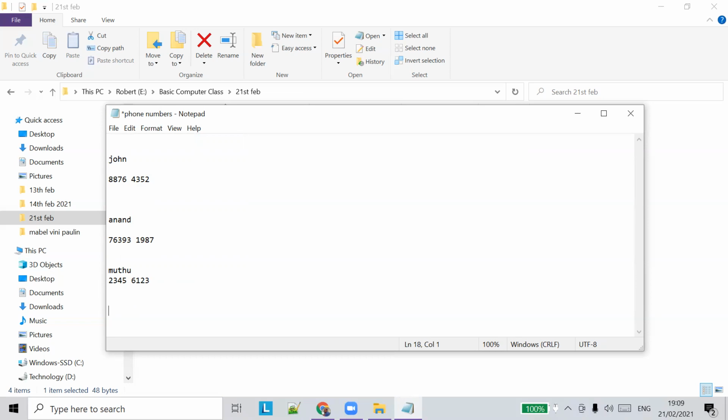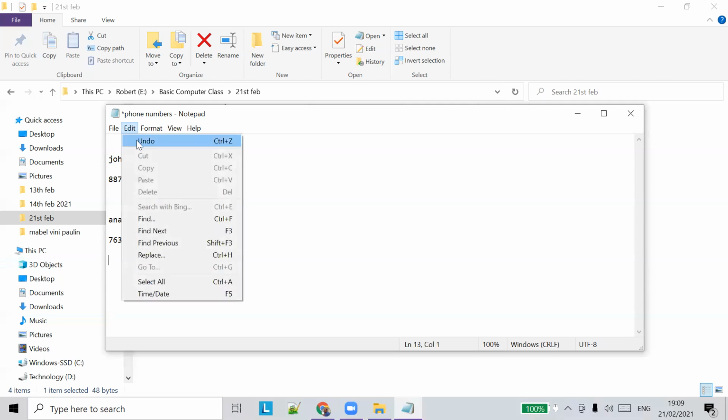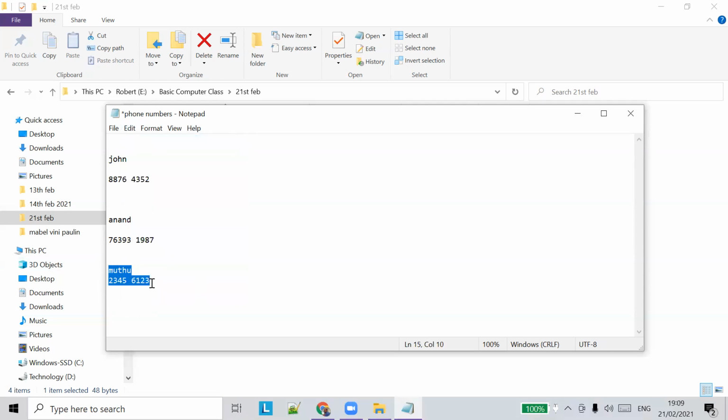So let's say I press 6. If I say undo, it will remove 6. Something like that. If I delete all this and say undo, it will add these things back. So what undo does is it will undo the last action we did. It could be just a simple type or a cut or a paste option. Okay. So that's the purpose of having an undo option.